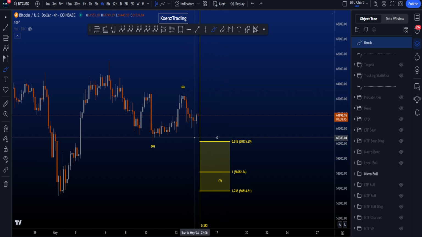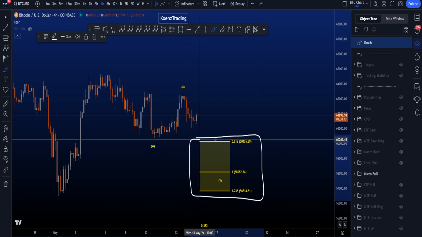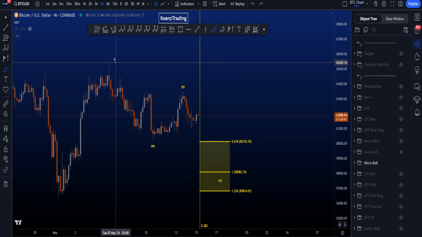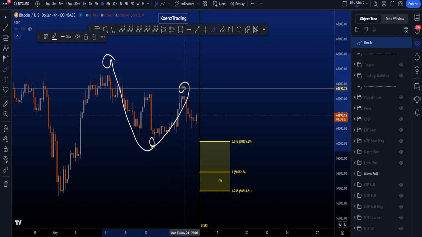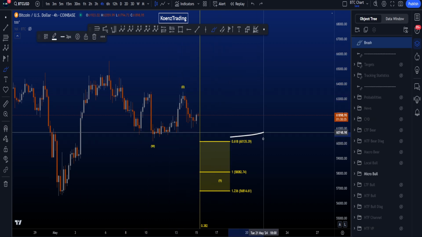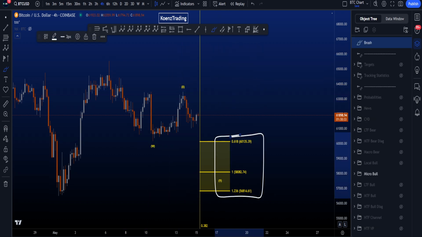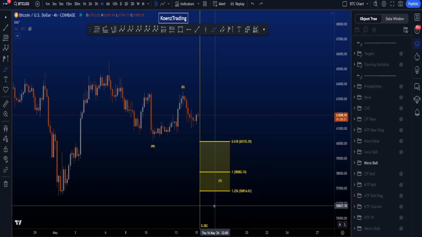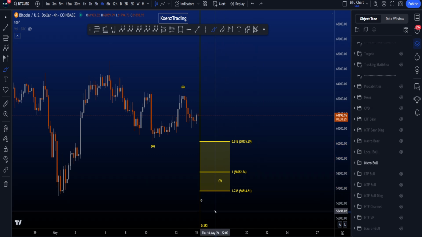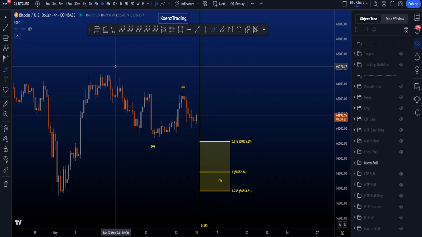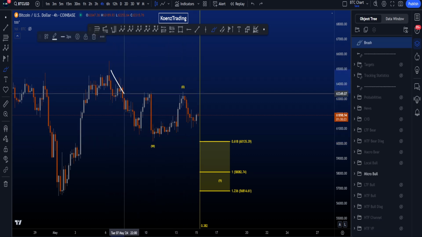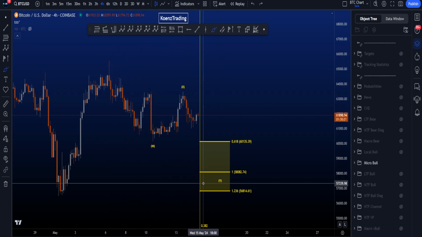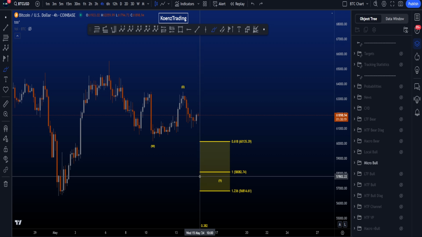Common target for your wave Y is the 0.618 to the 1.236 trend-based wave extension taken from the high to the low of W to the high of wave X, giving you a target area between 60.1k and 56.8k. Preferably this wave Y is ending after the 0.382 fib time taken from the start to the end of W to the end of wave X, comparing wave W with wave Y, and this one is sitting at 10 AM